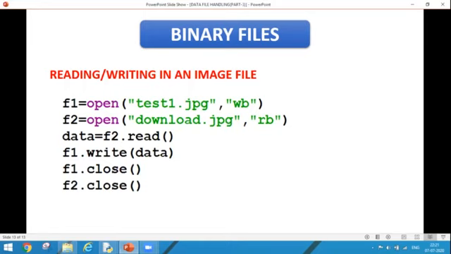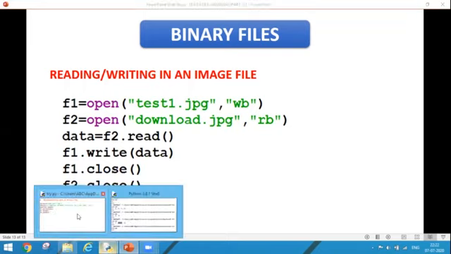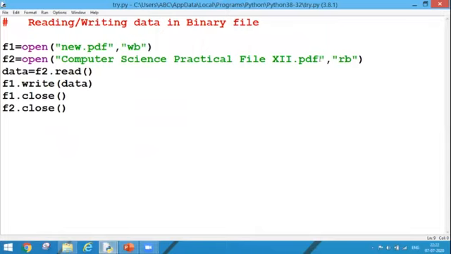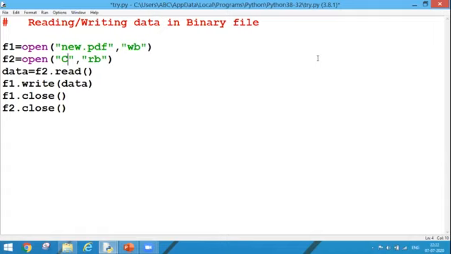As I opened my first file in write mode, and my second file in read mode, similarly, I am using the code here. So I can show you this practically once. Let us change only this portion, the file name. There is one download file, download.jpg, and I can create new .jpg.